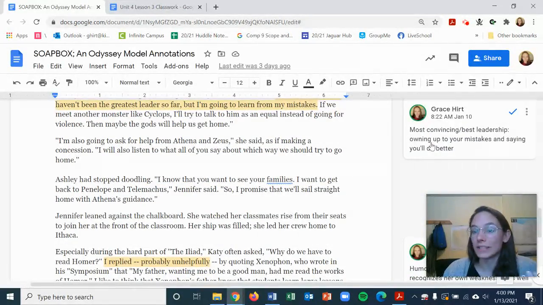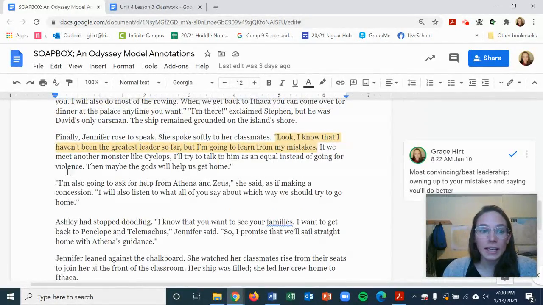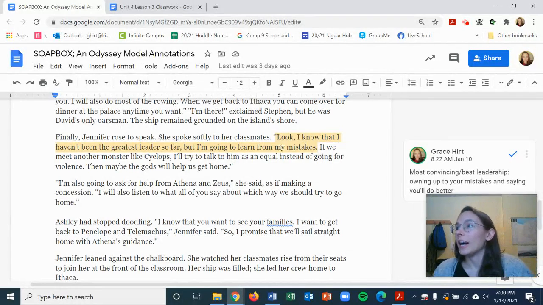Finally, the most convincing, or best, leadership style is from a girl who says, "Look, I've made mistakes, and here's how I'm going to do better in the future." So those are the main points that she goes through in order to build this argument that the last leadership style is